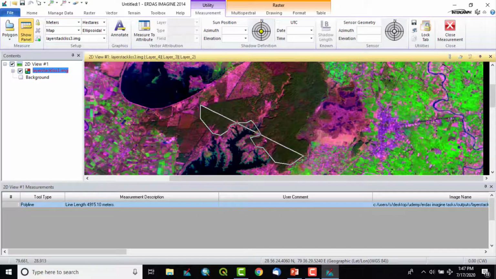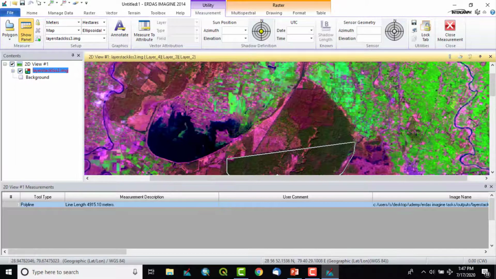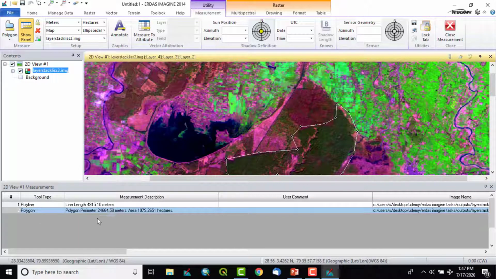Now I am drawing it very randomly just to show you how it works. Double click. After double clicking, the area is shown in square meters as well. No, sorry, it is the perimeter actually, meaning the length of the lines or polygon we have digitized.